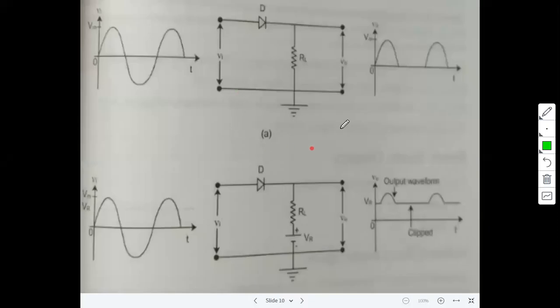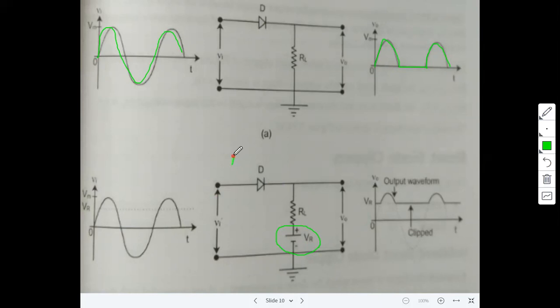Now this is for a sinusoidal input signal, right? It is nothing but a half-wave rectifier output. It contains only positive cycles, then the negative cycle is 0, and then another positive cycle. Now again, there is a simple modification here. Some bias voltage, some DC voltage, is added and connected in series with the diode. Now what happens? Now the analysis.